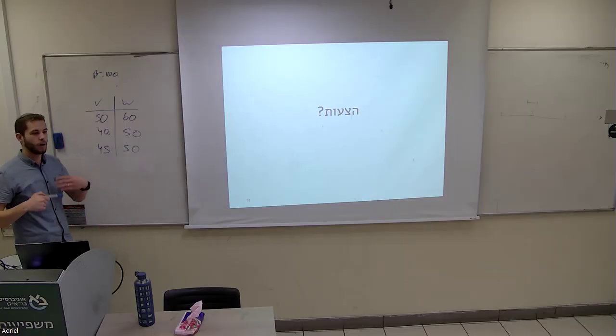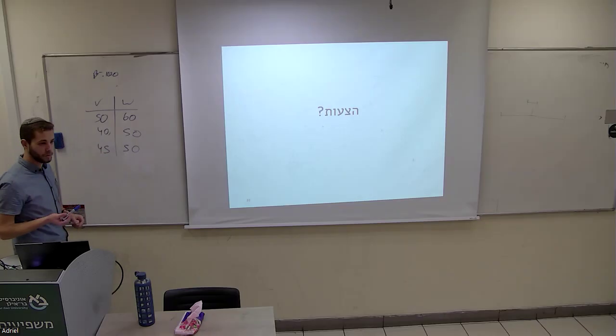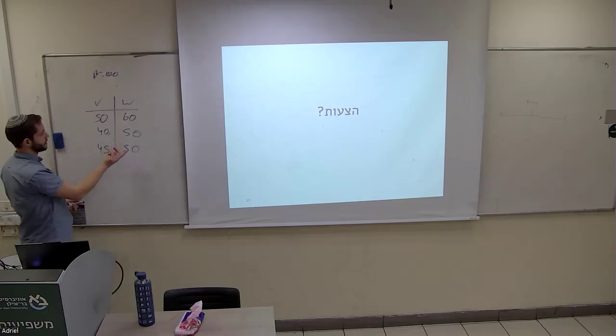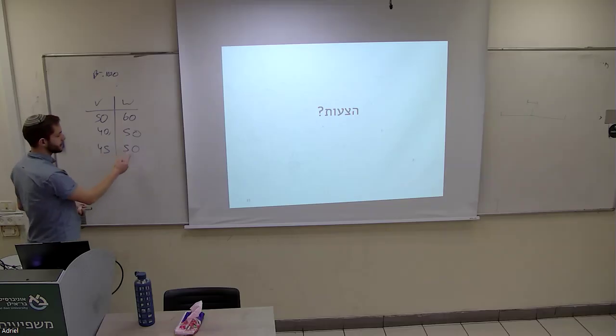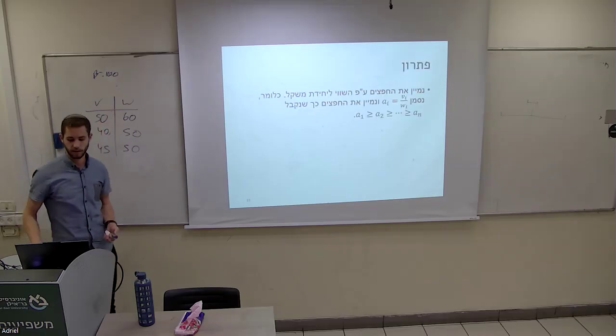So what can you propose after this? The ratio, exactly. We want the highest ratio of value to weight, and we can take as much as we want. That's the difference between this and the whole knapsack problem. So we'll basically take the one with the highest ratio. In this case, 45/50 is the highest ratio. We're going to take as much as we can from this one, and then as much as we can from the next one, and so on till the backpack is full. Okay, so that's the solution.